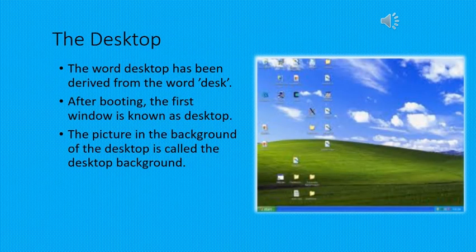The Windows environment helps us to visually organize our files, folders, and programs to make it easier to find and open them using the desktop, which generally looks like the picture on the screen. The word desktop has been derived from the word desk, that means working surface, where we keep